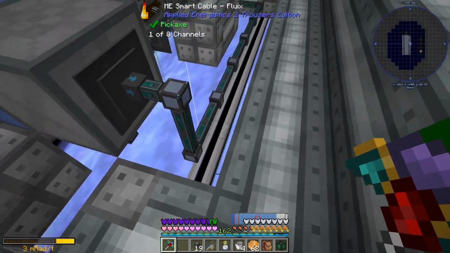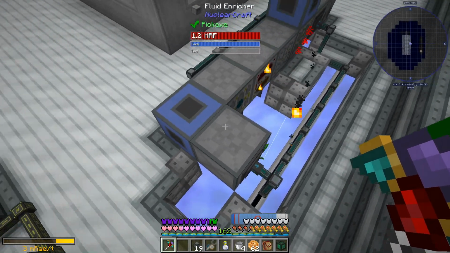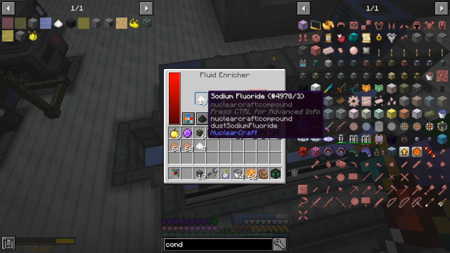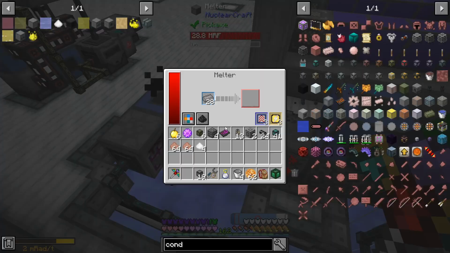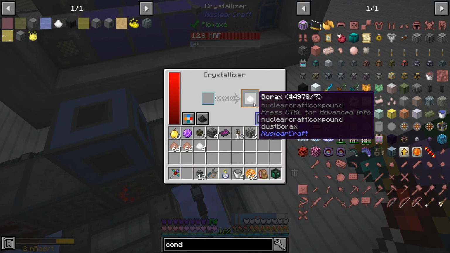I don't think this is a viable channel to use. I think it's fully used further up. But this should work. We need to keep sodium fluoride in stock here. We need to keep boron in stock here. And that means we'll end up with borax. So,